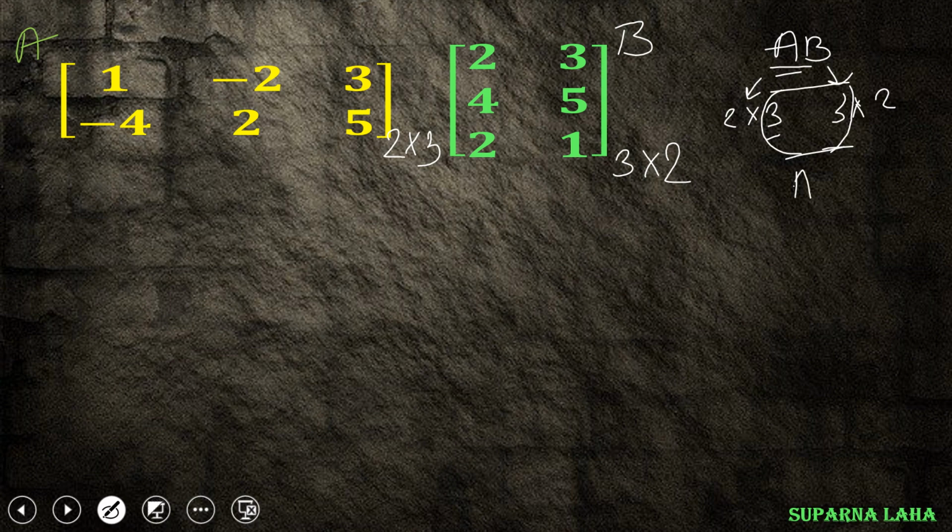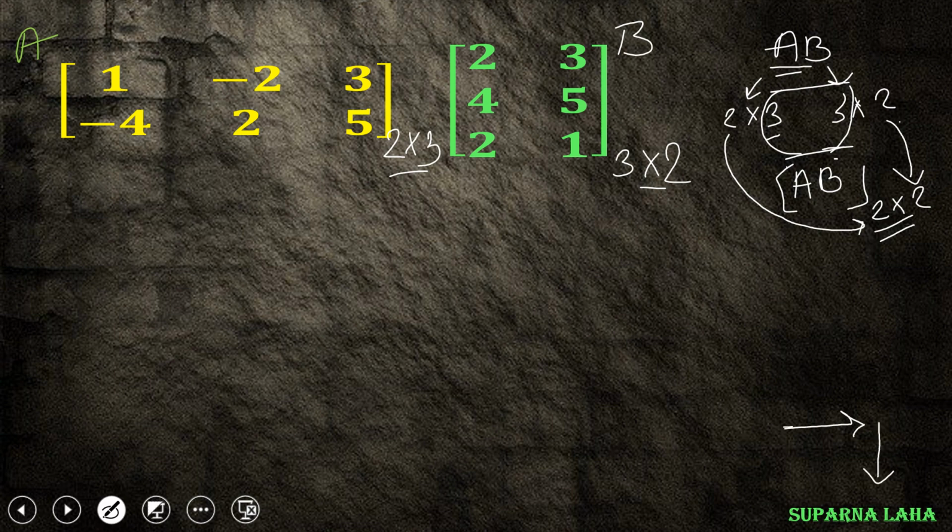And after multiplication we will get a 2 by 2 matrix, that is, the number of rows of A and the number of columns of B. Here a 2 by 3 matrix is given and a 3 by 2 matrix is given, so ultimately we will get a 2 by 2 matrix. So let's write down this 2 by 2 matrix with the help of this row-column format. Only this sign you have to remember for multiplying these two matrices.